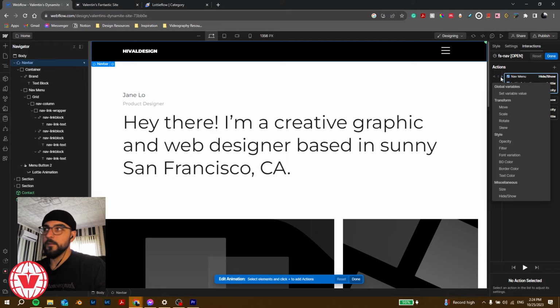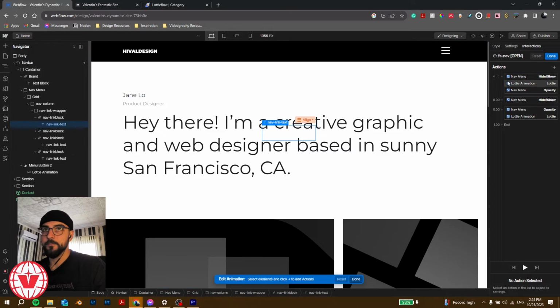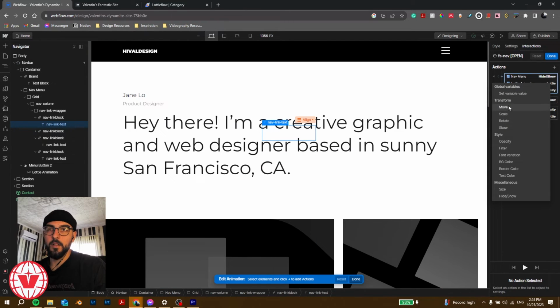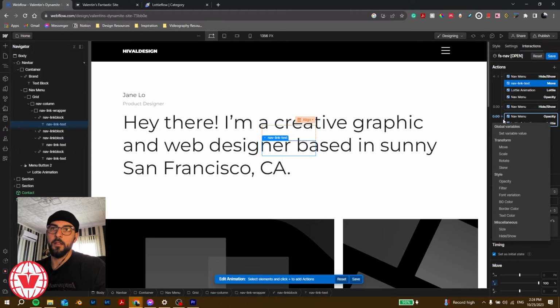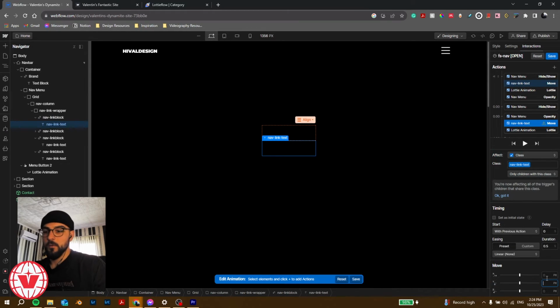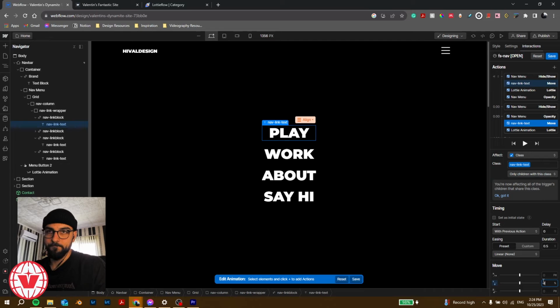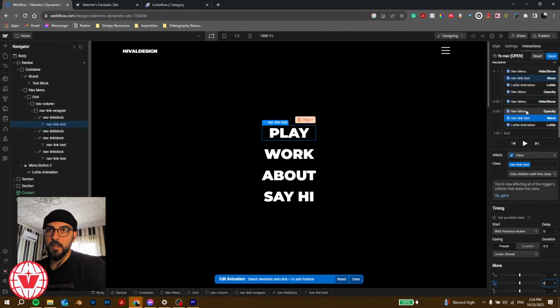And ideally, you want to click on the nav link text, give it a move transform initial state, which would be 100%. And if you can see here, 100% gets it exactly to the bottom of it, and then at the end we're going to give it another one, which would be 0%, right? And we can match this animation to the nav menu opacity animation. Just make this 1 and give it an